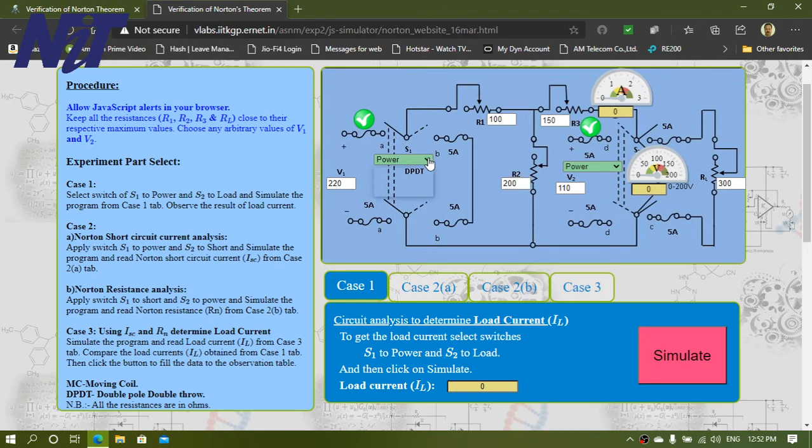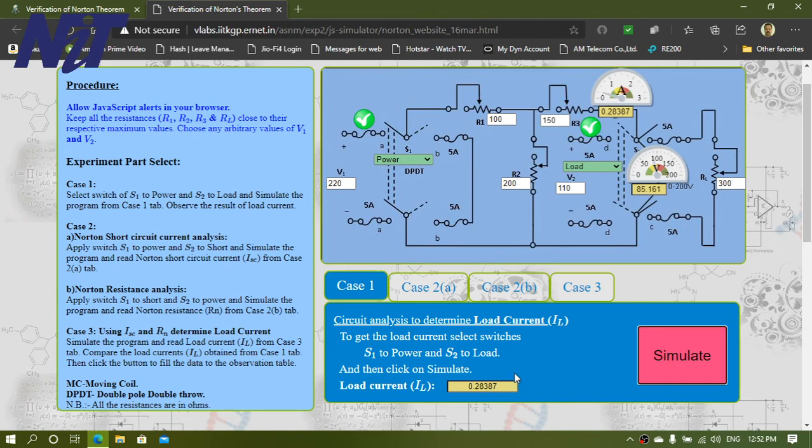It is already set at power, you can change it from here, and S2 to load, make it at load, and then click on simulate, and this will tell you your load current IL.